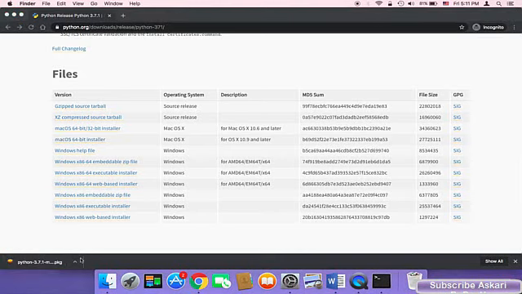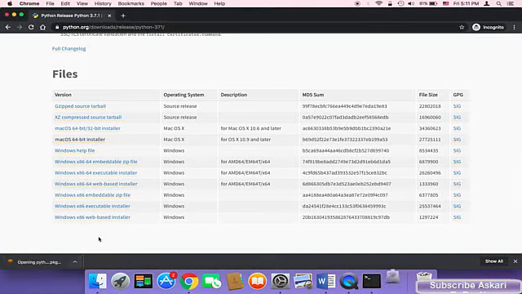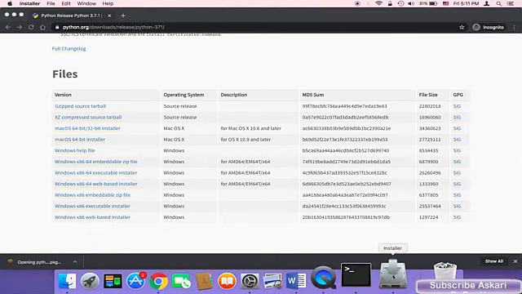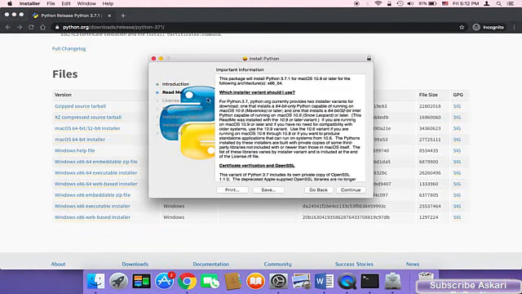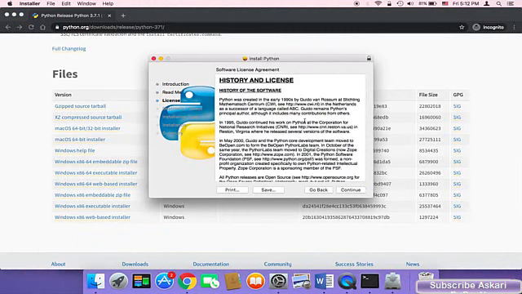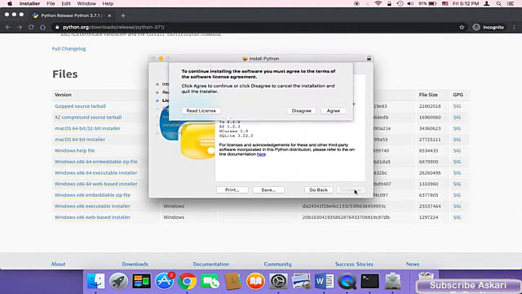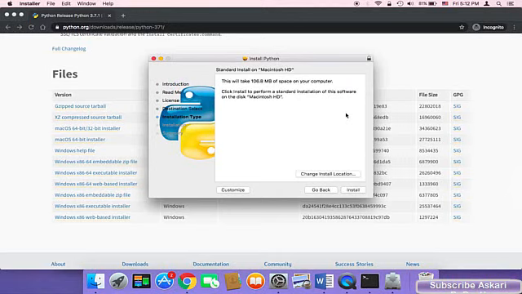And once it's installed, all you need to do is open it, and then just click on a few nexts and accept the license. Just click on continue, and then README. Just make sure that you agree on the license here. Click on continue and then agree, and then just click on install, and it's going to start installing. Click here on install,